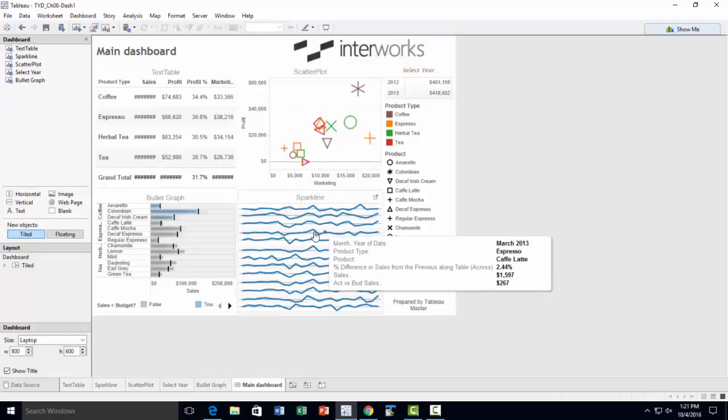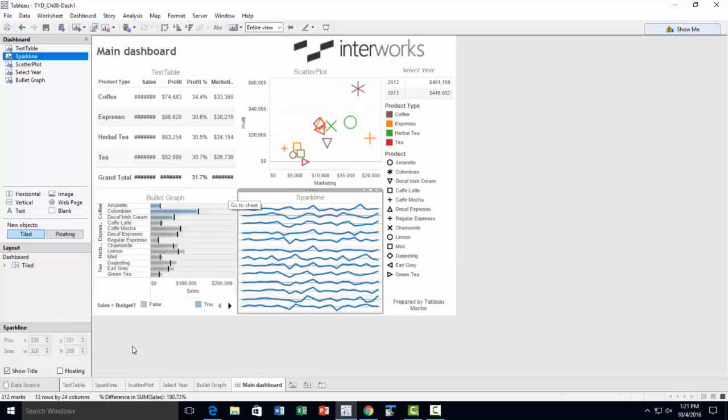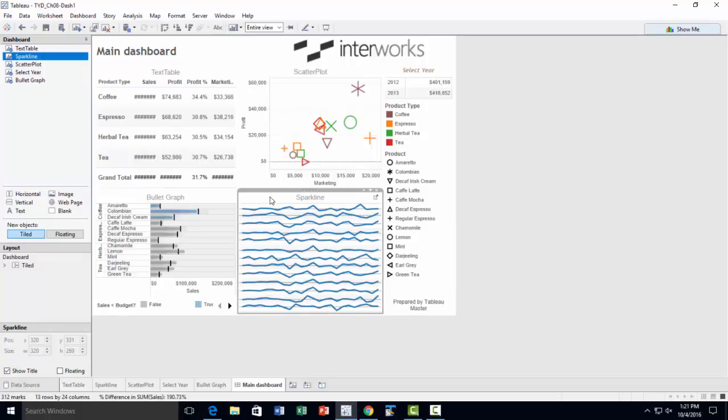So now we have to make sure that these are aligned. So if you look at the position, the Y position is 331 and 231. So we need to decrease the